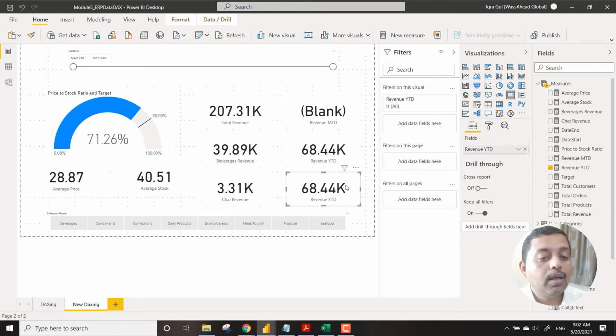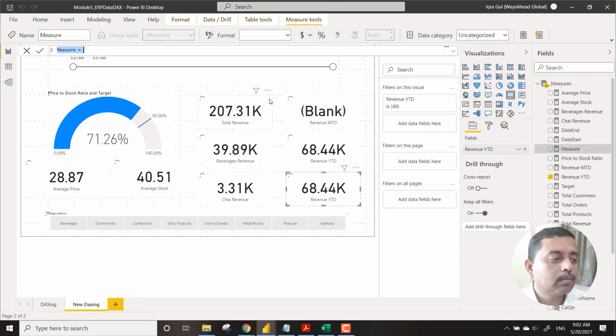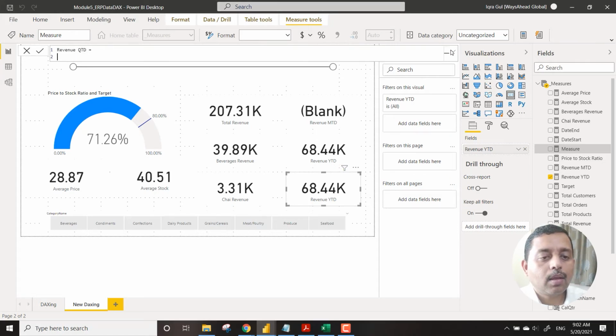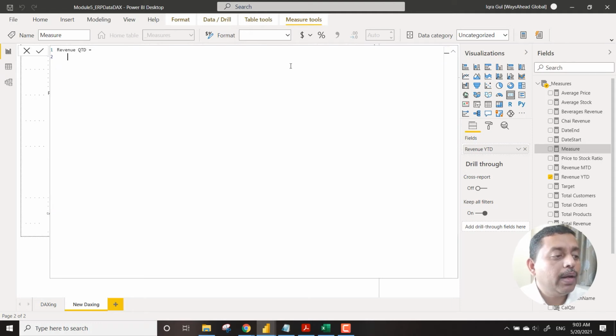And the next one is the QTD. So what we will do is we will same go to QTD. Okay, so that's the reason. We will just see it in a short while now. So we say revenue QTD. Debugging this is also a very important part of the entire module structure plan that you make.